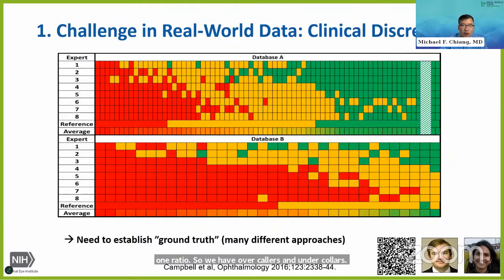And the point that I want to make from this is that each of these 8 people is a world expert. We can't agree on the diagnosis. And the challenge here is, what is the ground truth? When you get data sets and they give a diagnosis, if you were to ask someone else to do that, there are major differences in clinical ascertainment. And how do you establish ground truth? There's a lot of different approaches. So that's challenge number 1, the point that I want to make. There are clinical discrepancies. It's not so easy to use real world data because of that.